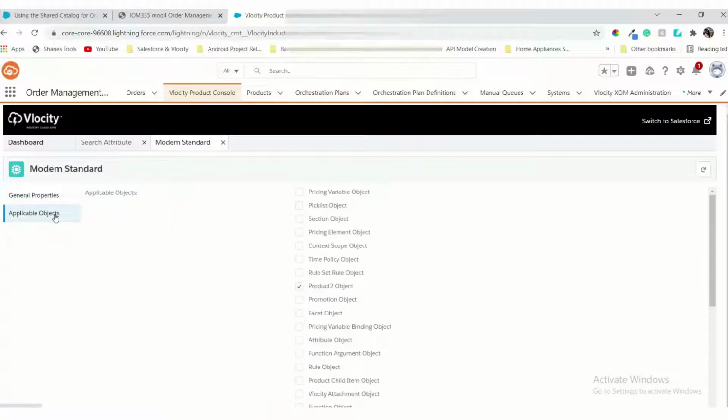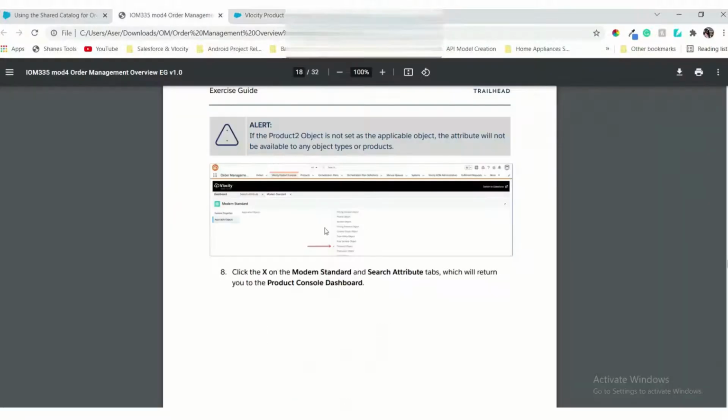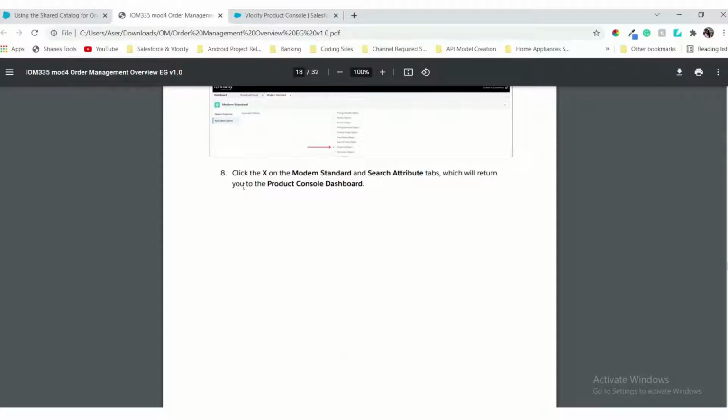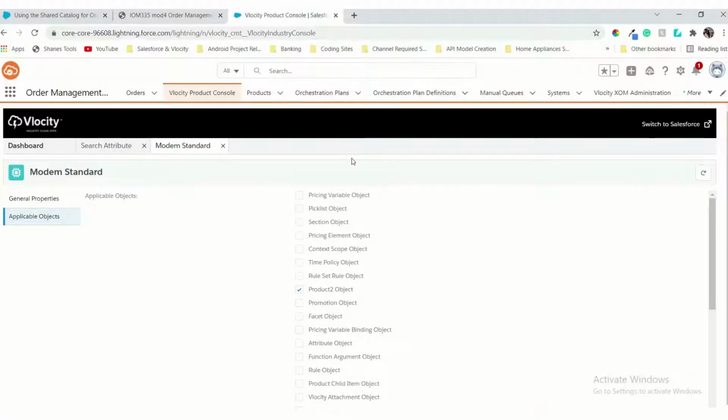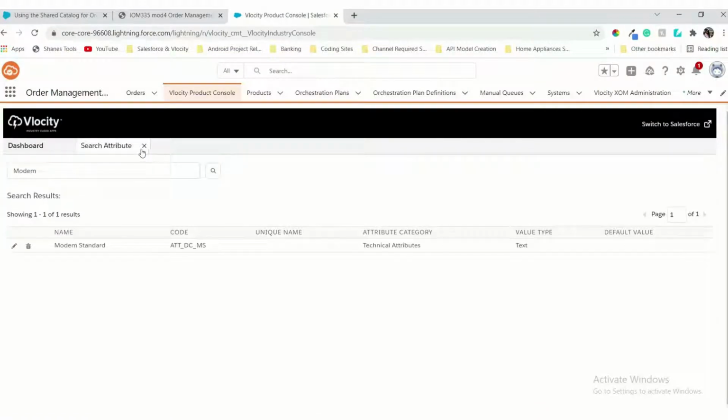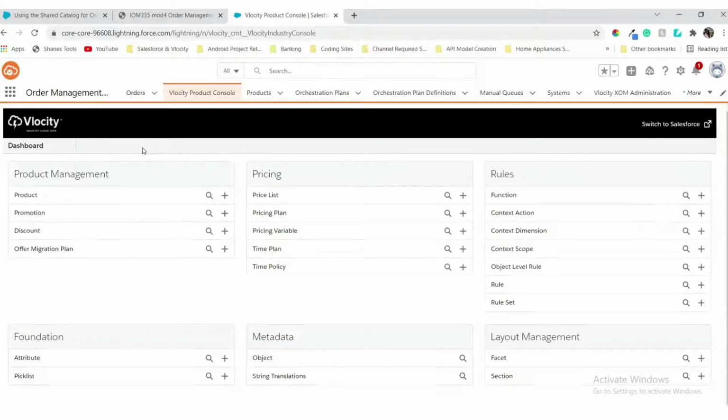Otherwise it will not be available for any object type or any product. So the next step, click the X and OK on the modem standard and search attribute, which returns to the product console. We close this one and come to the dashboard of the product console.